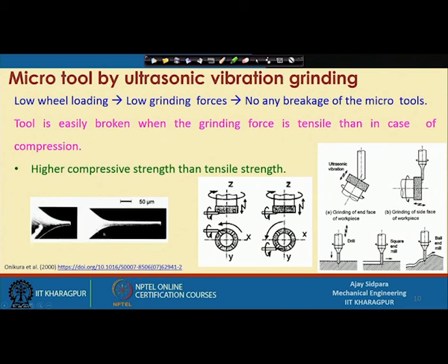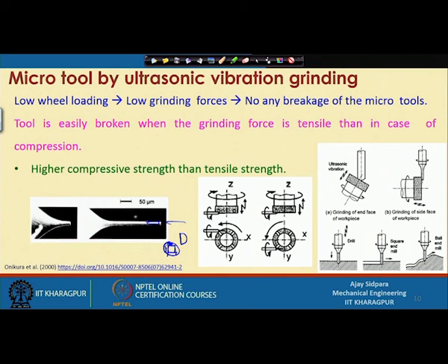Once you get this tool, you can do many things here. You create some type of slot here, that means you are cutting some half portion of this. If you see from this direction, then what we are looking at, we are doing something like this. Or if you want, you can create some square type of tools, where you remove material from all four sides, whatever additional circle part you are getting, remove them, then you can get the square type.